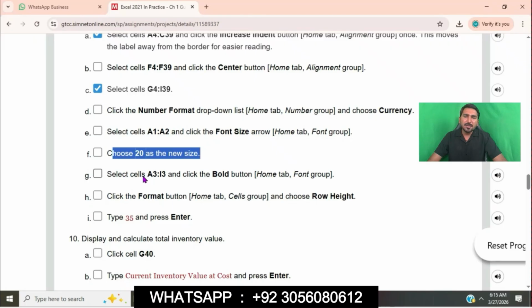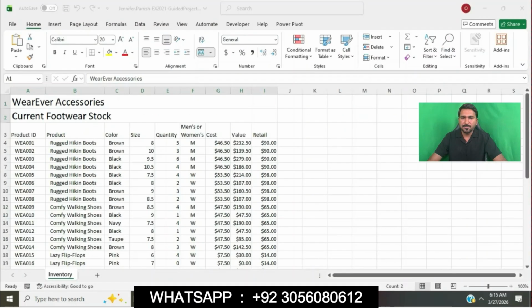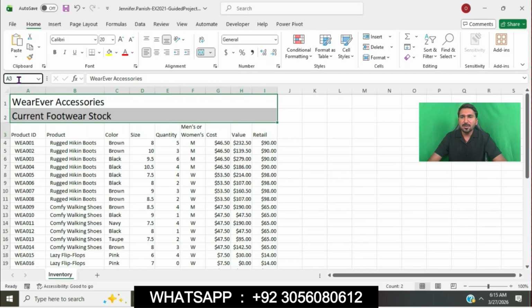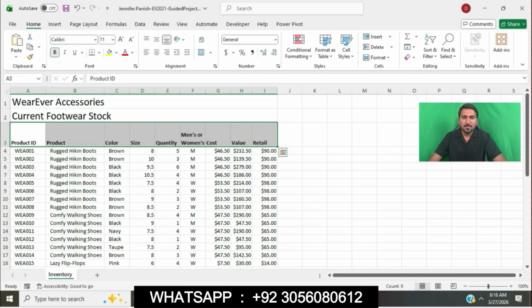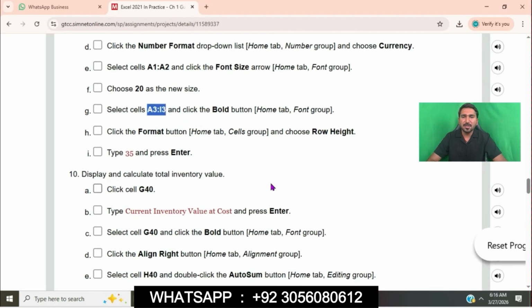Select cell A3 to I3 and click the Bold button. Go to the Home tab in the Font group and click on Bold.